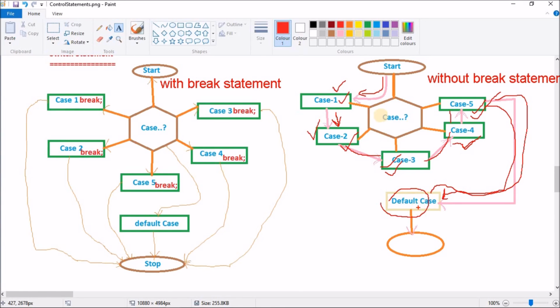But here, even if I choose case 1, all the cases are executed. This is the drawback of not using a break statement, and with the break statement we can overcome this drawback. This is a very nice feature in the switch statement, and we will see a bank transaction program,